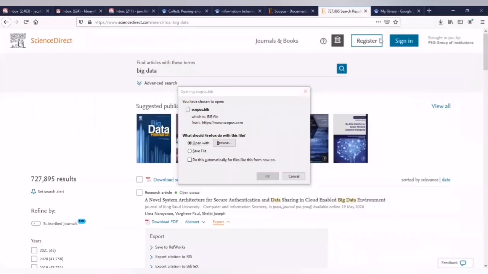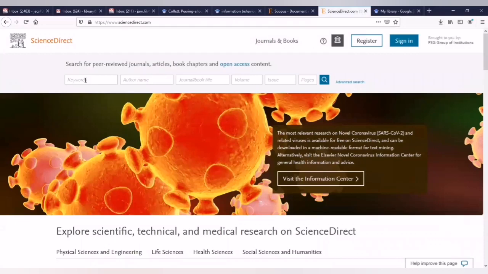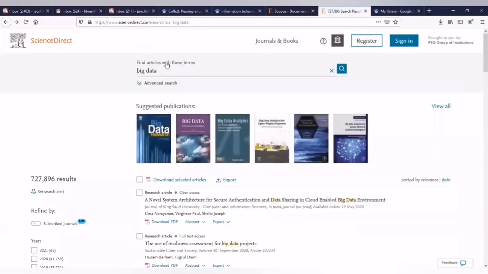And now I will tell you how to refine results in reputed publisher databases like ScienceDirect, Springer, Elsevier, and so on. Here it is the same thing. Go to the Elsevier platform. Normally, don't feel that it has to be subscribed. If it is an open access article, you will get the full text article. Nothing to worry about that. Click on any word called big data, for example. So I click on big data and give a search.